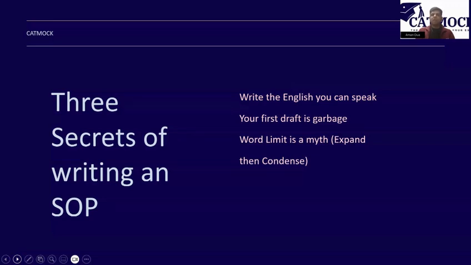When I was writing my SOP, I think I wrote 4,500 or 5,500 words. I don't remember exactly, but 4,500 to 5,500 words I wrote for my SOP, and then I condensed it. I included everything about my life, minute details, great explanations, why I feel that this is important, everything that I could think about, I wrote it. So you expand your purpose, you write everything out, and then you condense it into 150 words. And that is the way you would be able to write an effective SOP.